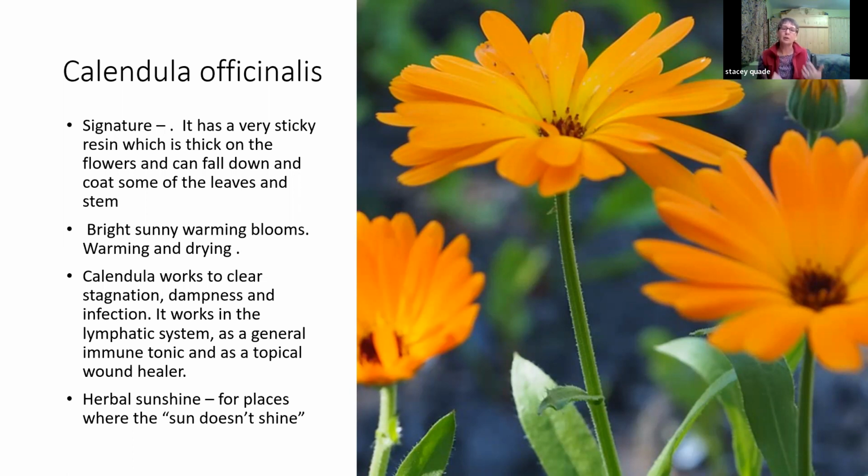The signature for calendula is that it's a very sticky resin. It's so sticky that when you're picking it, your fingers just get orange and stick together. And sometimes you kind of have to shake the flower buds off of your hands and into your container. The signature for that, how it matches in our body, is it's for stagnation and for dampness